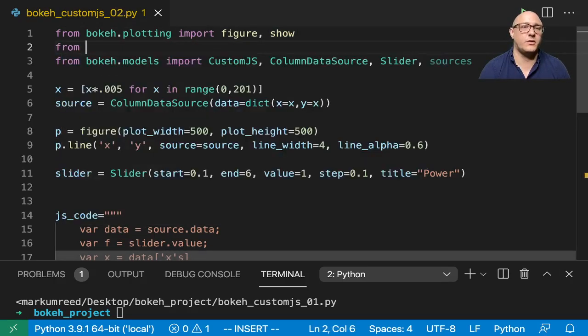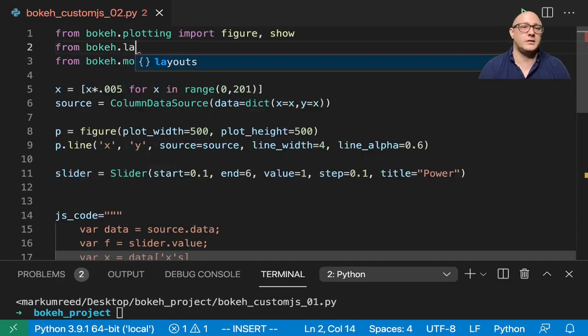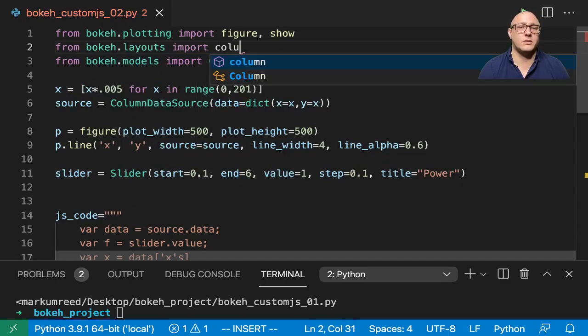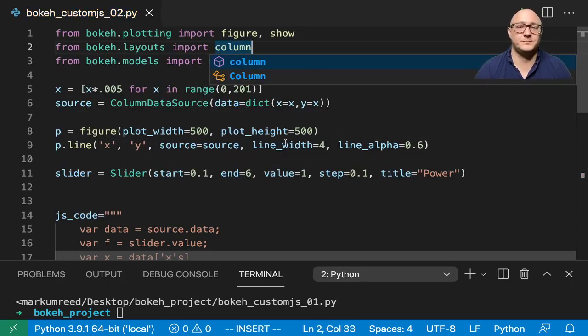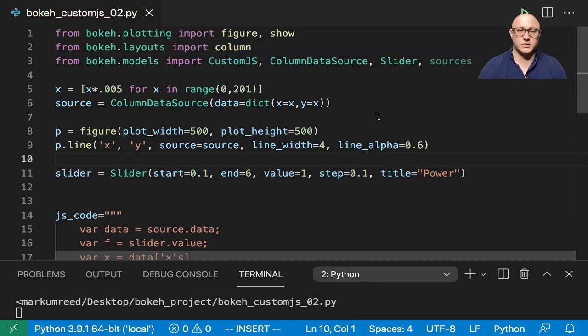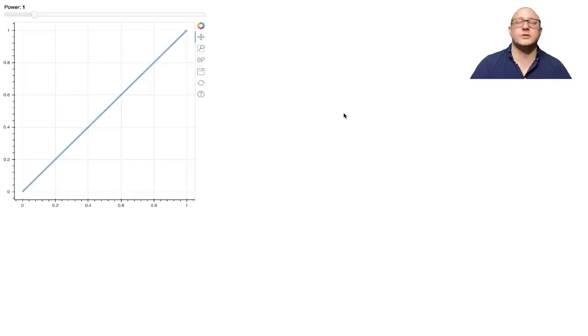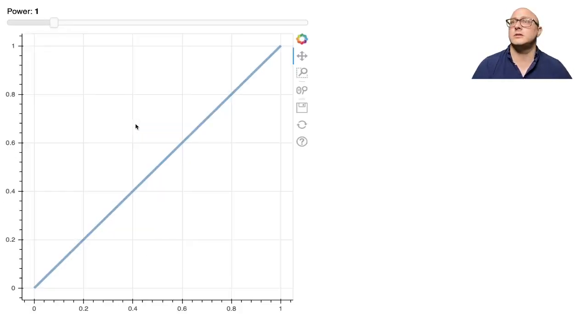So let's go on from bokeh.layouts. We're going to import column. Okay, and so let's go on and run this. All right, so now we see that we have our nice straight line. And let's zoom in just a tad. Okay, and now what's going to be fun is when we,